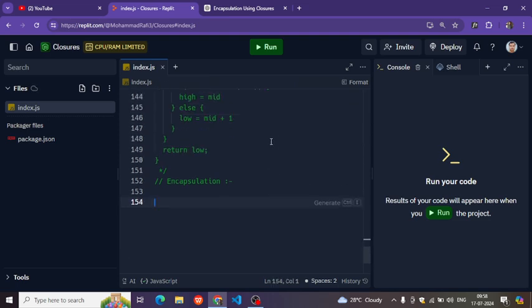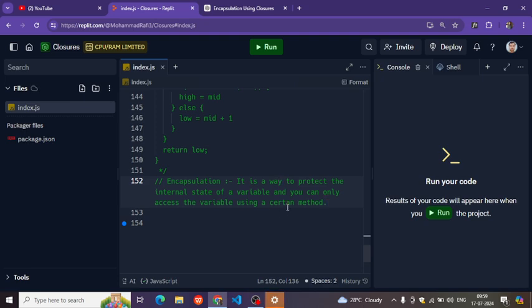Now we will look at this advanced topic, encapsulation. So what is encapsulation? It is a way to protect the internal state of a variable, and you can only access the variable using a certain method. Alright,